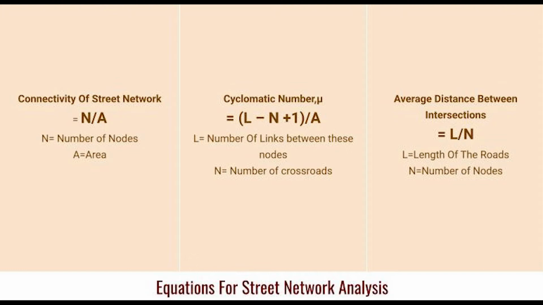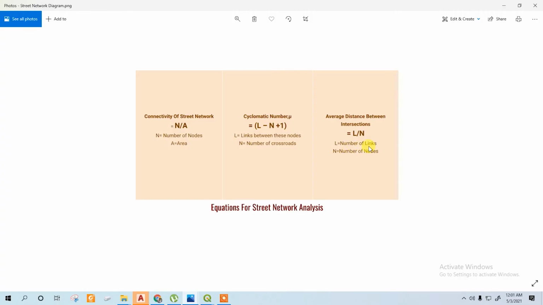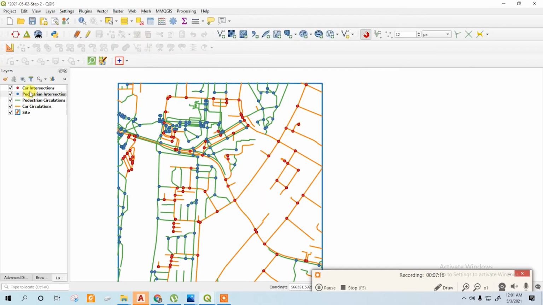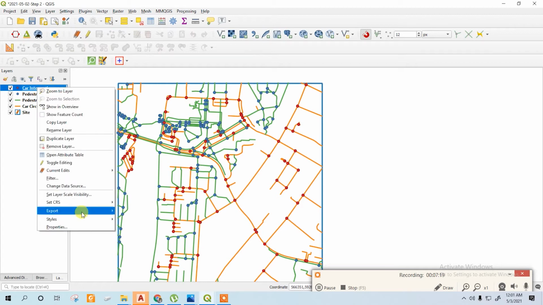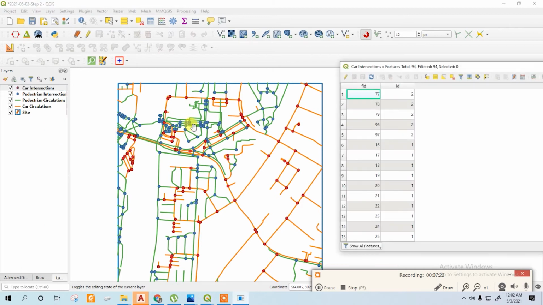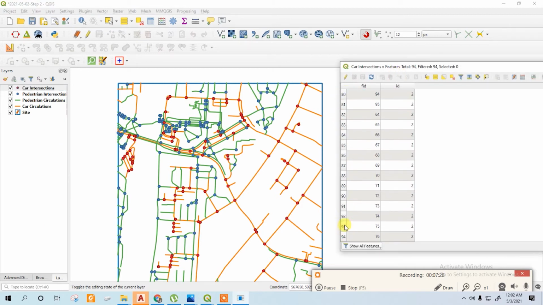Now we'll go back to our equations. We need these three pieces of information: number of nodes, number of links, and total length of the links. From the intersection, any kind of intersection, we'll just go to the properties, open the attribute table, and from the serial number, the very first thing we found is 94.